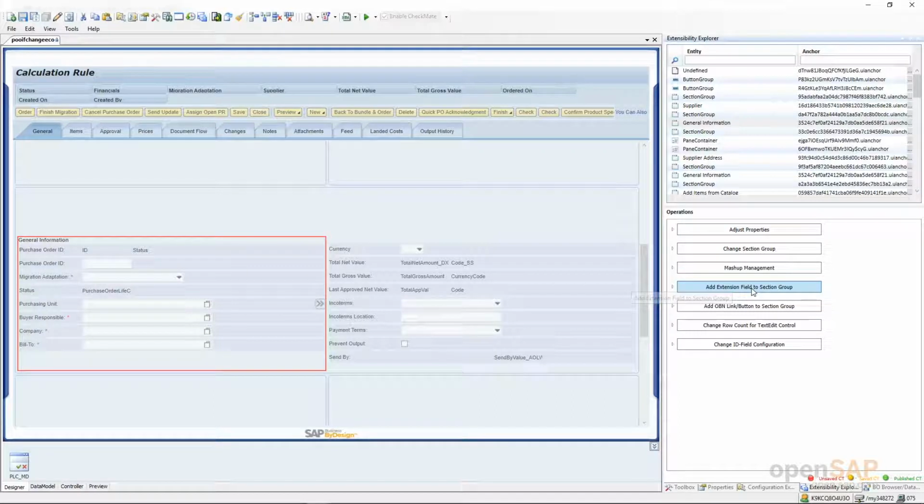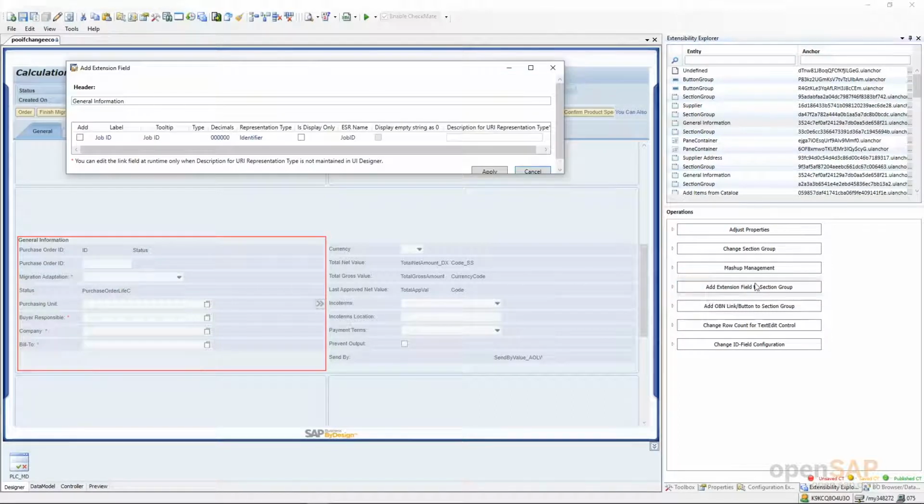So I selected the anchor. What I selected on the right side was anchor. So you see the job ID appears here. After activation I can select it and say apply.